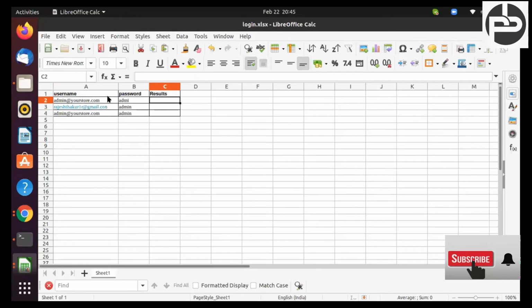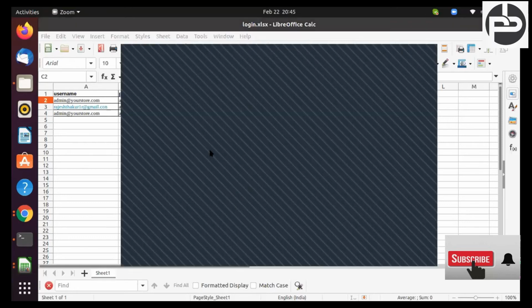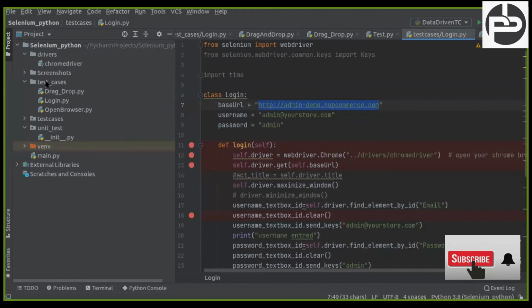And also we have to write a status, whether the test case is getting pass or fail. That is also another scenario, right? Clear hai? Let's start how we can do it. So this is your test case, right?